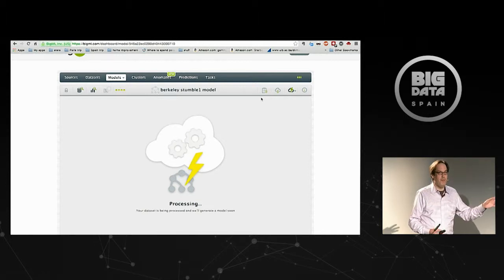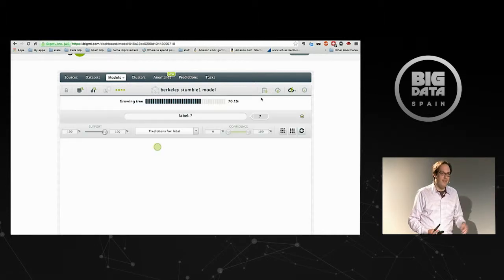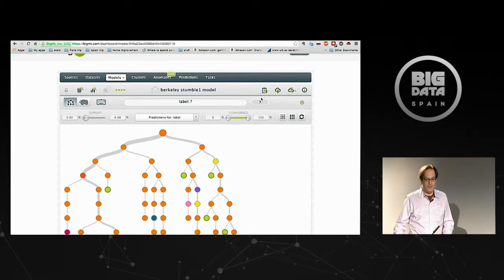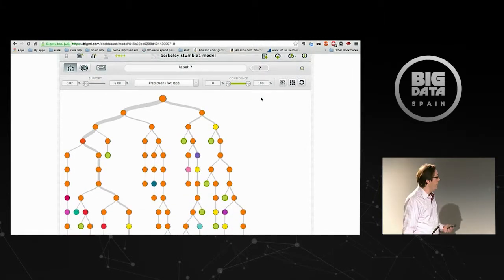And by the way, this is all happening in the Amazon cloud, so it's very fast. One of the nice things about the BigML approach is that you're not limited to the compute resources of your laptop, for instance. And there's also nothing to install. And so here we go. Now, the way to read this,